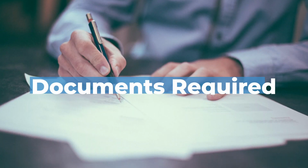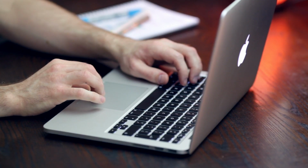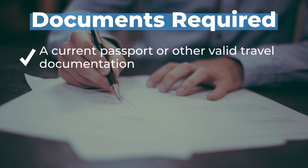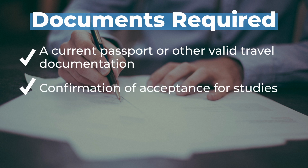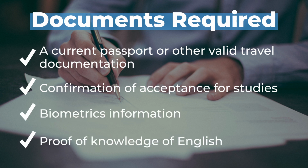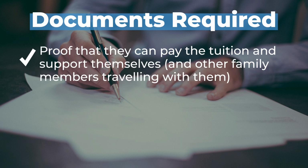Students need to submit a series of supporting documents as part of their online student visa application. In general, students need the following documents: a current passport or other valid travel documentation, confirmation of acceptance for studies, biometrics information, proof of knowledge of English, proof that they can pay the tuition and support themselves and any other